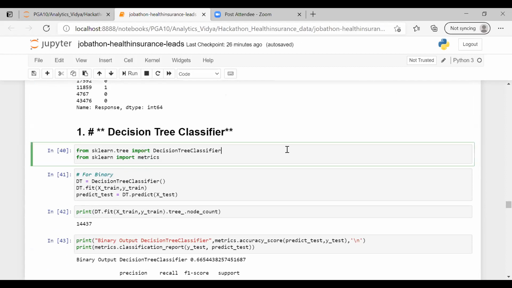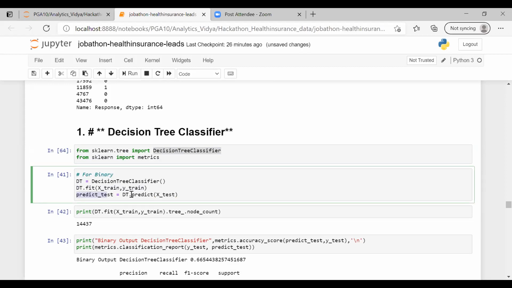Now what we are going to use is the decision tree classifier here, as it was a classification problem. So we are going to use the classifier, and from sklearn.tree we can import this. And I'm using metrics for checking the accuracy of my model. I'm just storing it into dt. And then to train the model, I'm going to use the fit function, dt.fit. We will fit the model with both X_train and y_train, because this way the machine will learn that for these values of X_train, this is my y_train. It's going to learn the pattern.